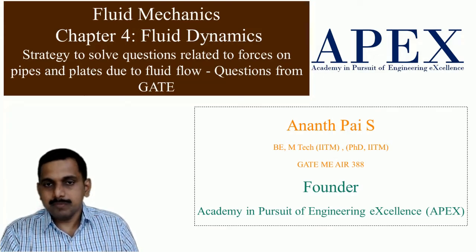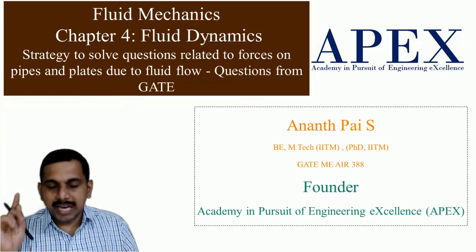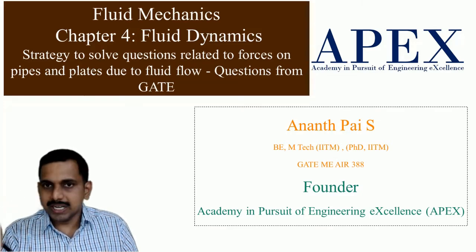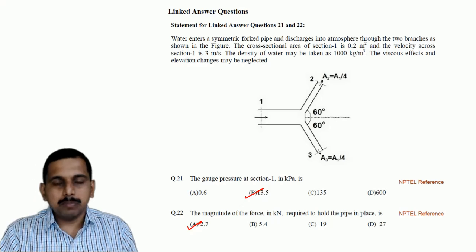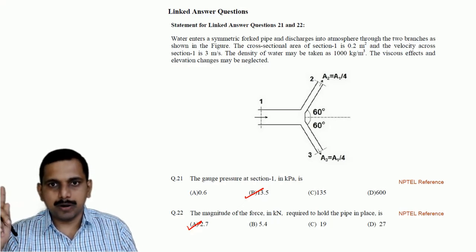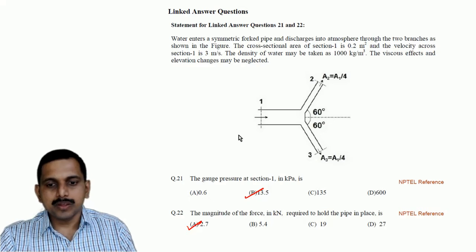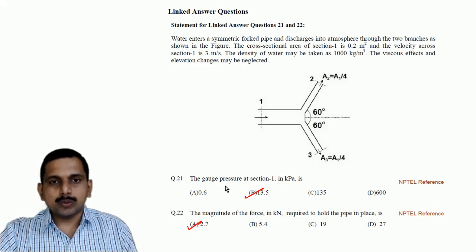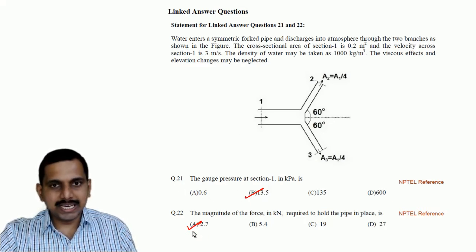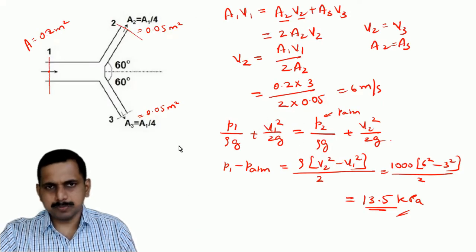Concepts. Okay, but previous to that there was one particular error which I made in the previous videos that I will correct. In the previous video, the link is given at the top on the card. You can see the link to this video. I had done a problem and made a mistake. The mistake is like this: for the first one, question 21, B is correct, A is correct, but the way I have gone is a bit not very proper. This is proper, question number 21.